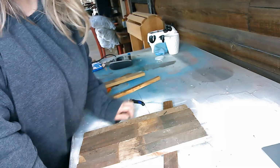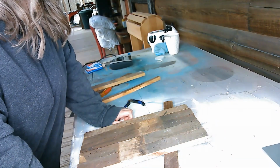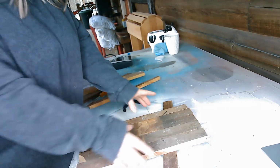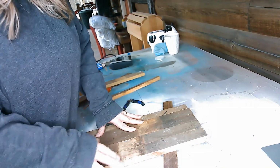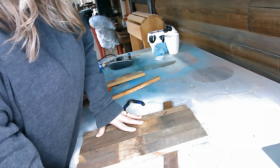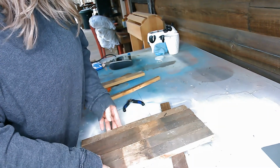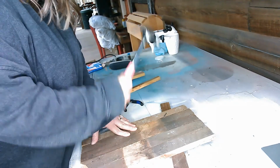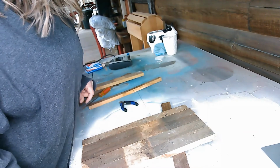And if you're not all about the hammers and the nails and the staples, I think you could probably glue these first strips together with some wood glue, and then maybe just embellish with a piece of jute twine or something around the bottom just to make it a little more secure. There are things that you can definitely do